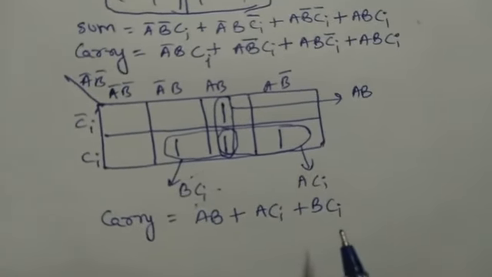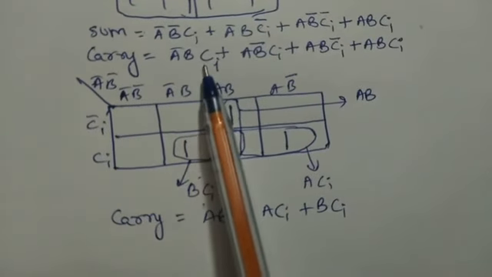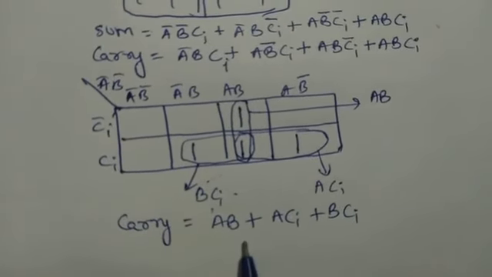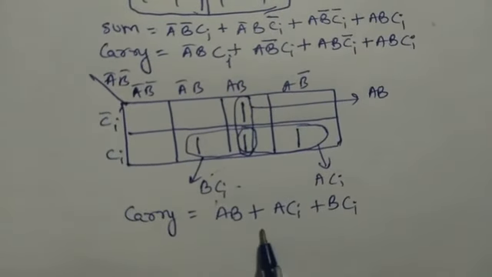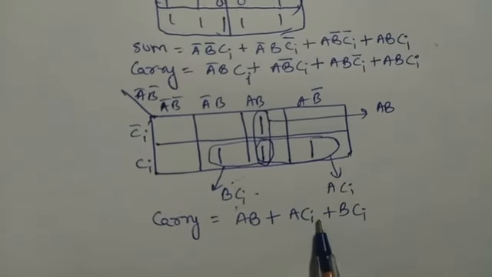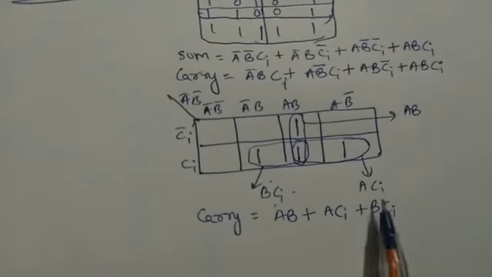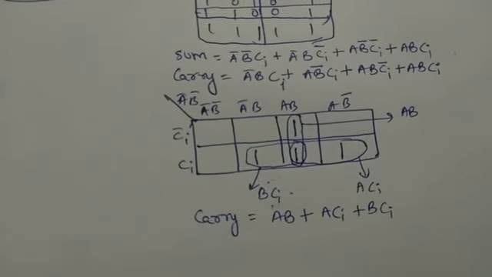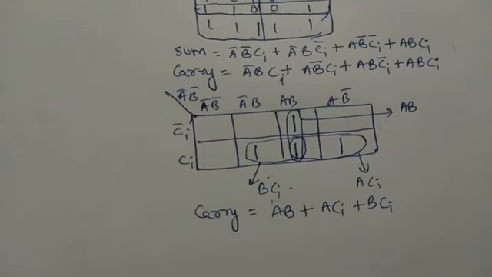So you can see from this equation of carry and from this equation of carry, we have simplified this equation and we got this equation. Now this will help us in drawing our circuit diagram, and it has become easy for us to draw the circuit diagram now. So again, before going to draw the circuit diagram, there is one more interesting aspect